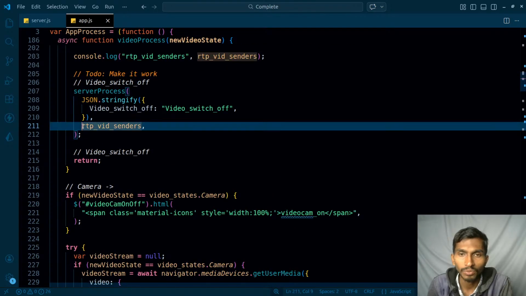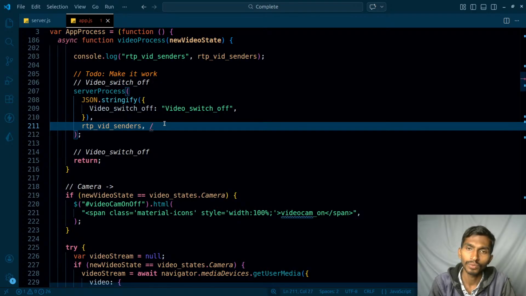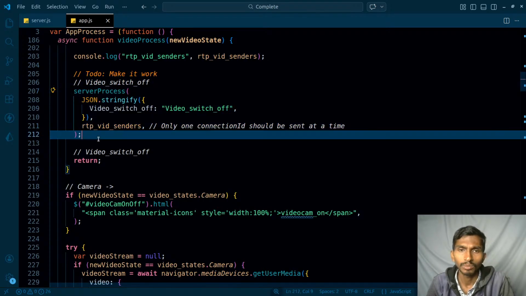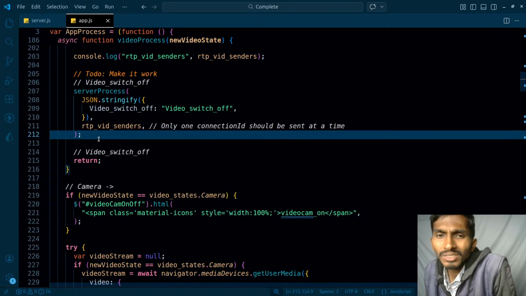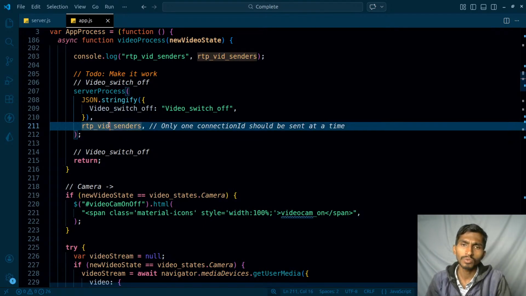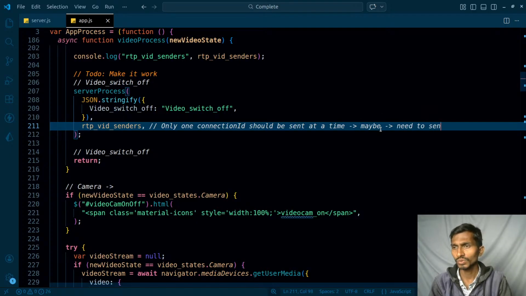Over here I'm sending RTP video senders, right? So only one user or only one connection ID should be sent at a time. But here I'm actually sending many, and that is something that will be problematic. And that simply means, even if it is not about the RTP video senders, maybe I need to send it to all the participants,